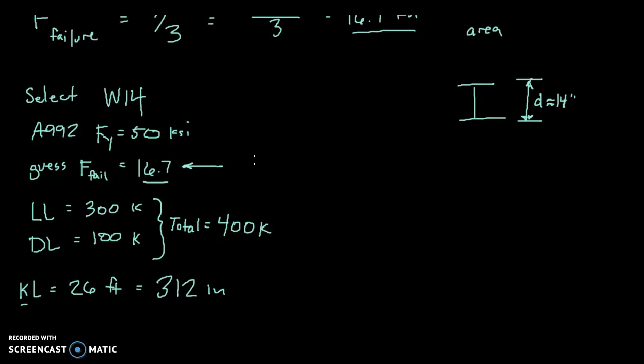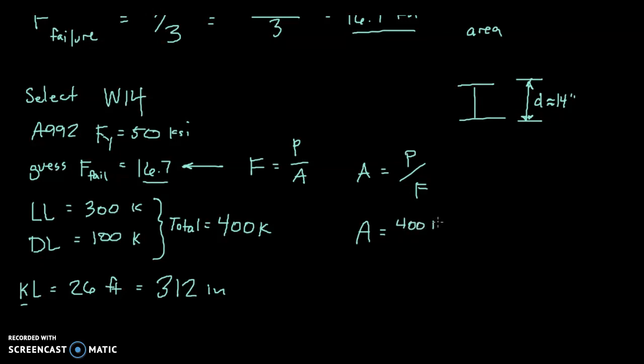Okay, so we are going to, as I said, guess that our failure stress is 16.7 ksi. One of the fundamental basics of strength of materials is that stress is equal to load divided by area. So if we want to solve for area, then area is load divided by stress. And so we are going to be looking for a column that has an area around